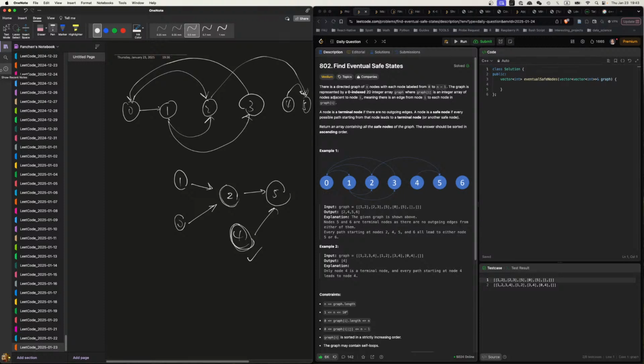So if we go from a node, we do DFS, and from a node we go through all its paths. If every single path goes to the end, then that is a good node, right? That is a good node. That's the only way we can decide whether a node is good. So in this case, I think we can do